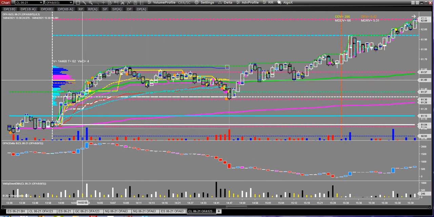Okay, so you can see that the point of control here, as it's breaking up, it's actually coming back to test the point of control. In the examples I've just shown you on the NASDAQ, you'll probably be using one of the OFA settings, but there's just so many bars with NASDAQ at the moment, the volatility. To get that clarity, I've just been using the 1 minute. But if you pay attention to the point of control,